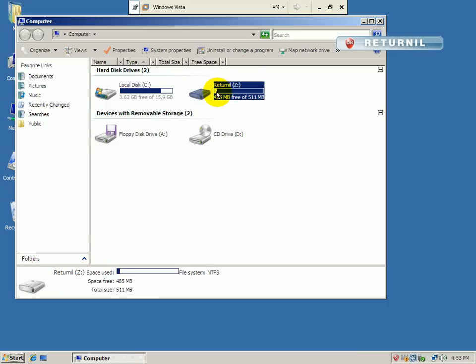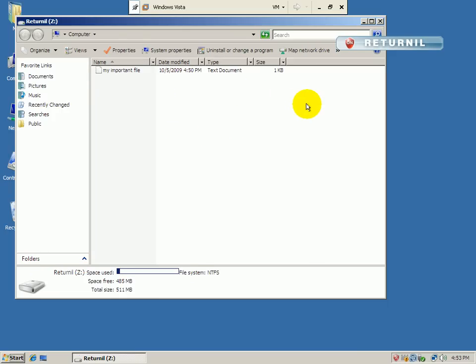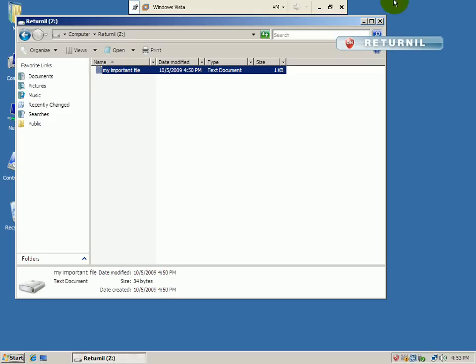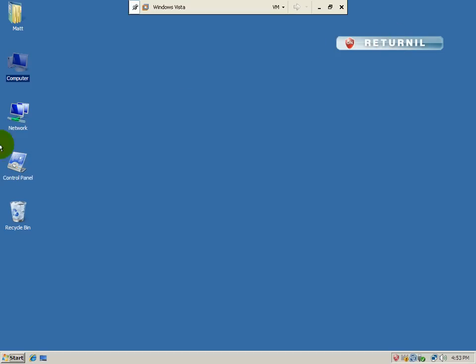Okay, there's my Z drive. It just got mounted. And you can see my important file is still there. So what do we do now? If we open up Internet Explorer,